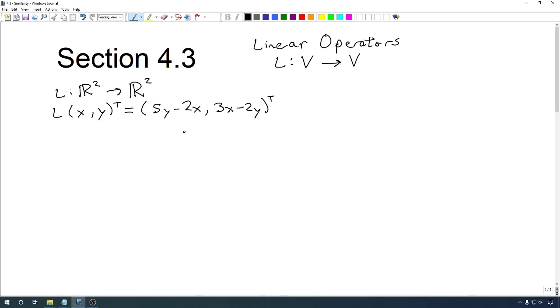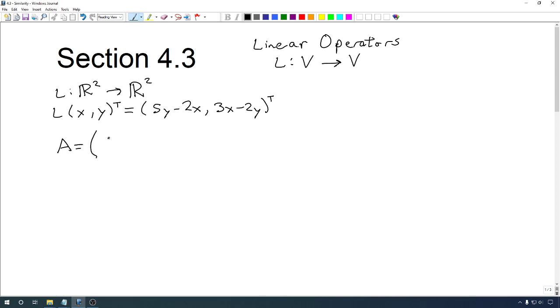Now, what is the matrix representation for this linear operator? Well, all we need to do is think about what happens when we plug in our standard basis vectors. So right now we're just working with the standard basis. We plug in 1, 0, and then we plug in 0, 1, and see what we get. And those become the columns of our